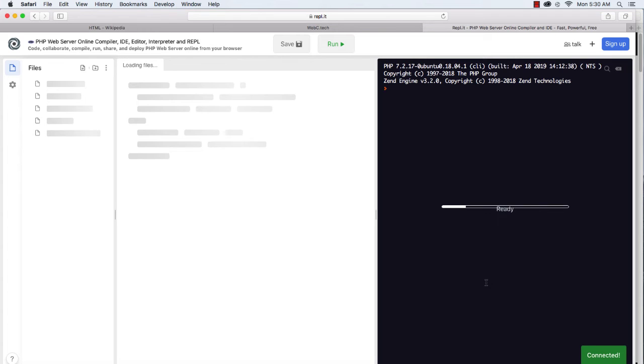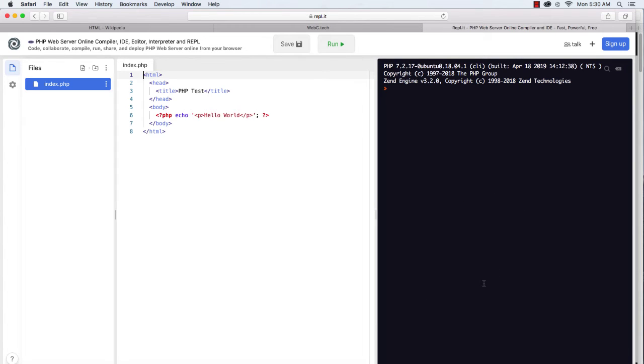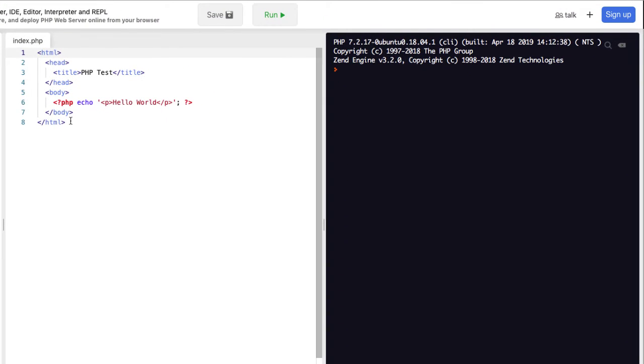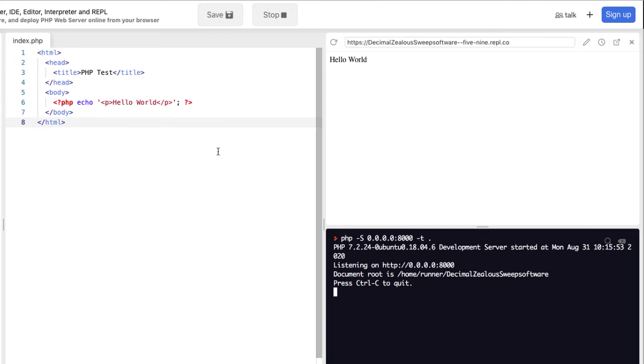Here on the right is sort of our loading screen where it actually loads it. Here on the left we have a file structure which can have multiple files, multiple pages, and here in the middle we have a coding area, right? This is this index.php loaded and we can see the code here. We have HTML and we have a little bit of PHP here. If I tell this to run, it will run, right? This PHP right now is just generating HTML. It's loading this